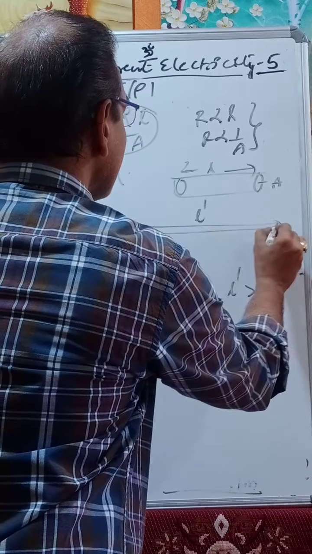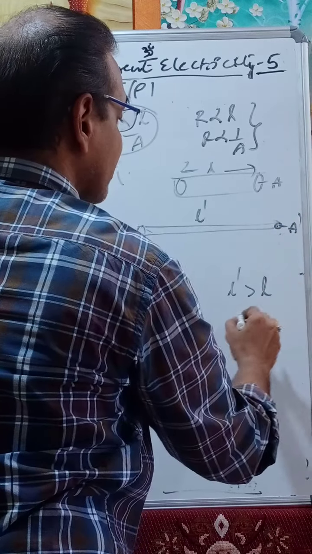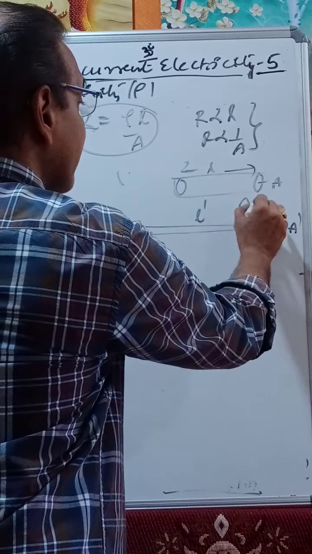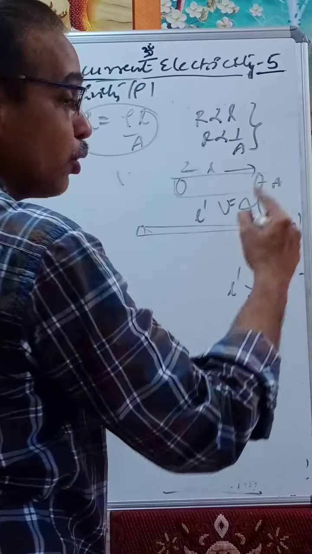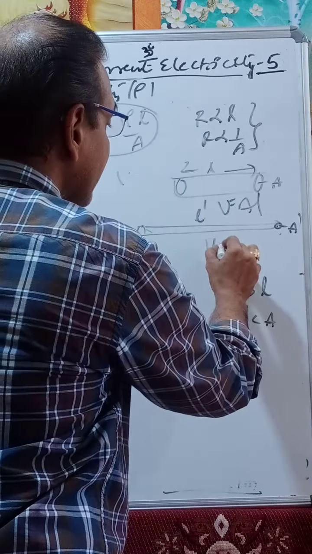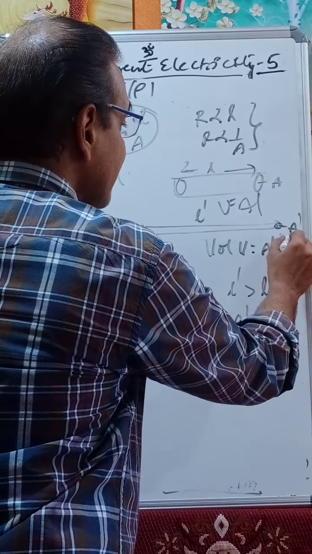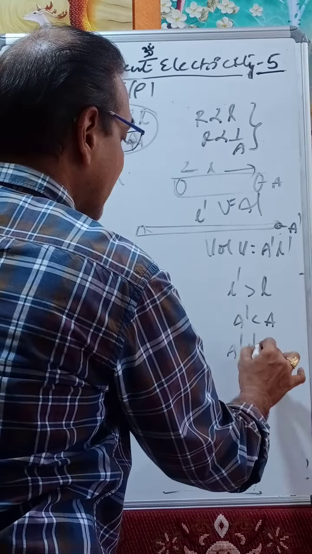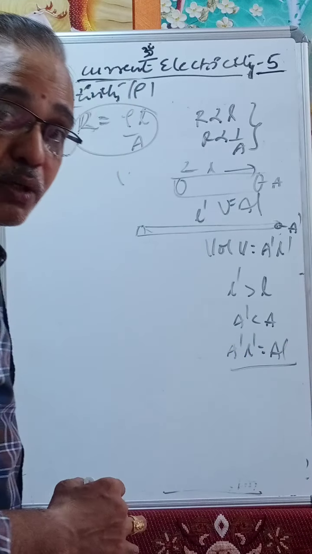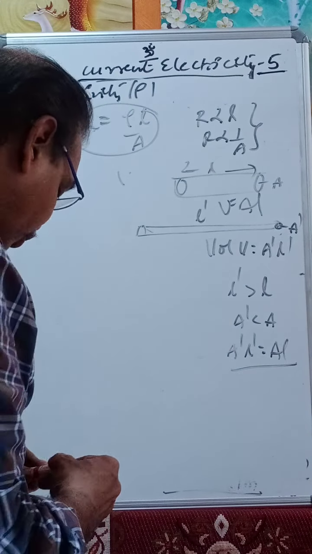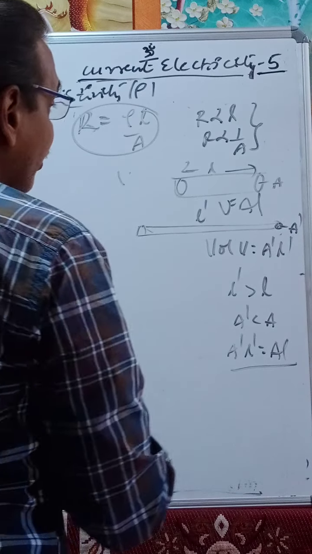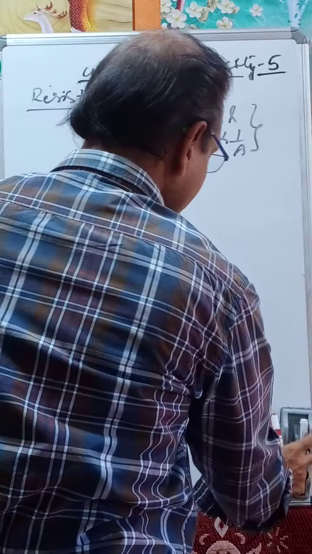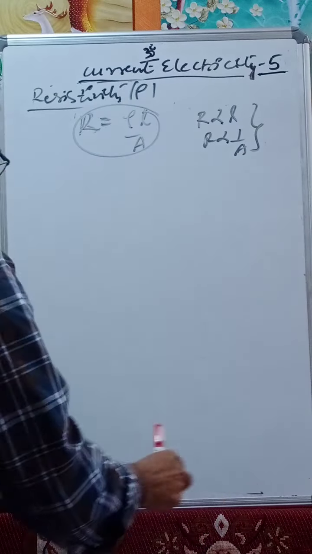Area of cross section becomes very, very low. Area of A dash, what happens? A dash is less than A. But what is the volume here? Area into length gives volume. Volume V is equal to A dash L dash, but the total volume remains constant. Therefore, A dash L dash is equal to AL. Volume remains constant. Therefore, keeping that in mind, if a problem is given that the wire is stretched or elongated,